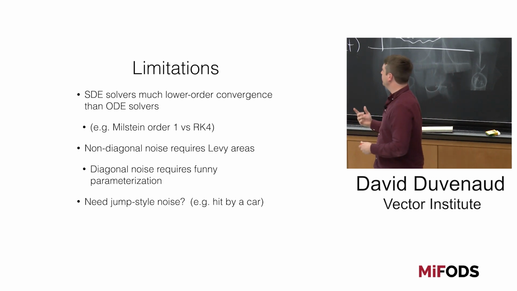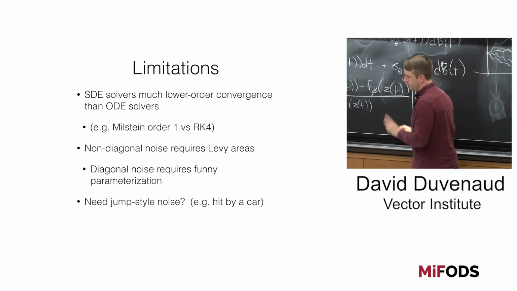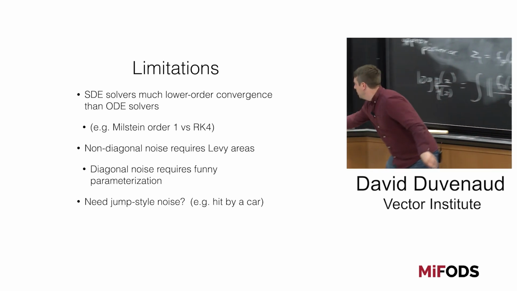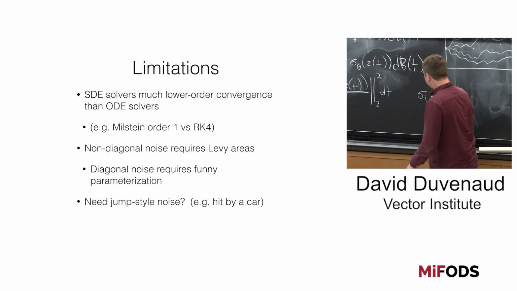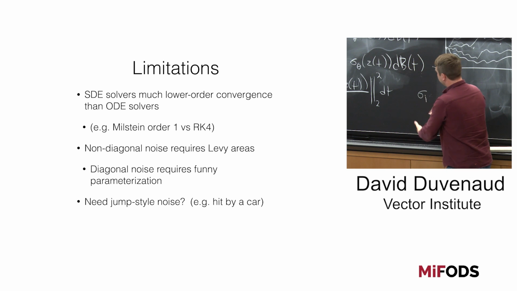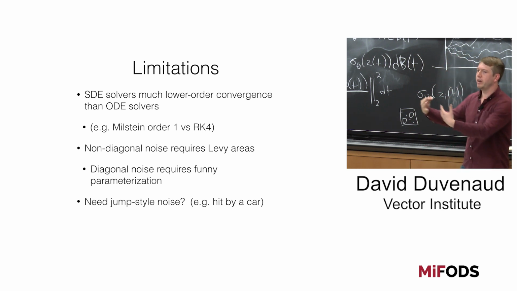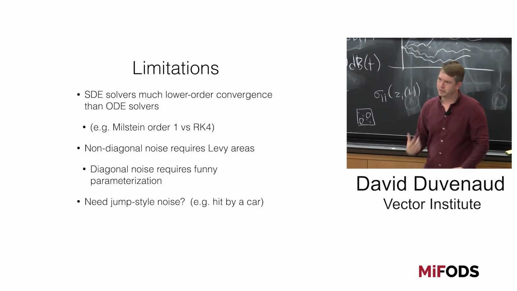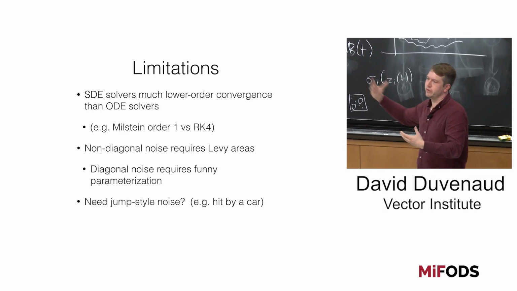And then, as I mentioned, everything we're doing, we're making this have diagonal noise. What that means is that sigma outputs a diagonal matrix with all zeros, and along the diagonal, sigma_i only depends on z_i. So it's like element-wise noise. And I would say that's probably not a serious limitation because this is all happening in a latent space. But I don't really have a great feeling for how much of a limitation this is.